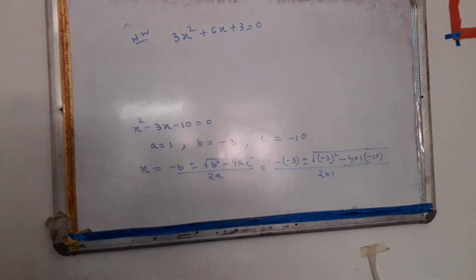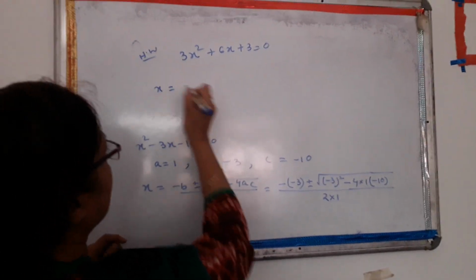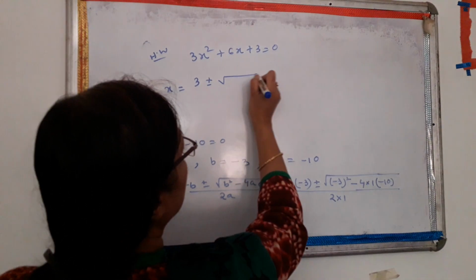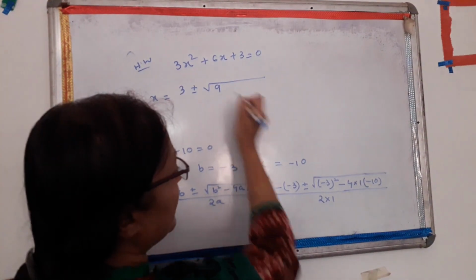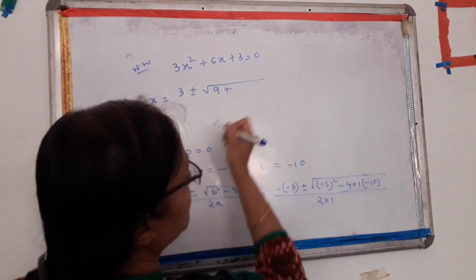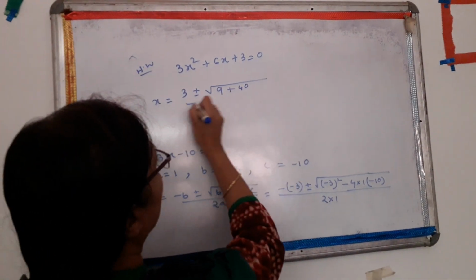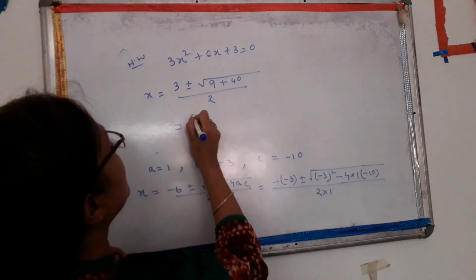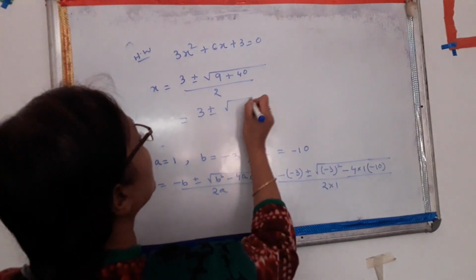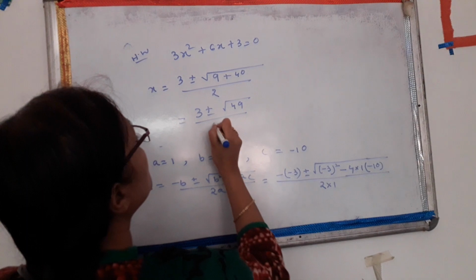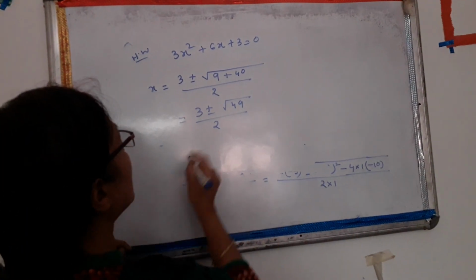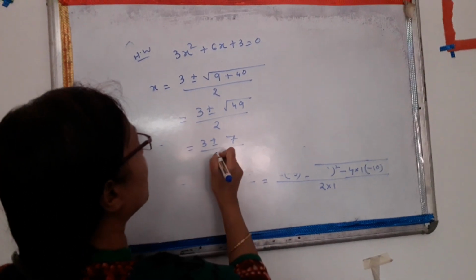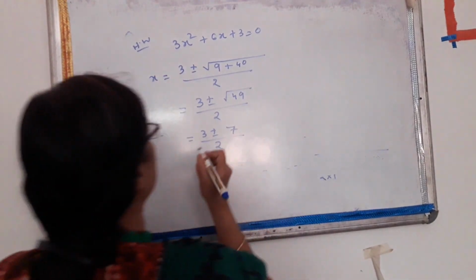Here you see, here what is x. And this one minus minus plus 3. Minus 3 square is 9, minus minus plus 10 into 4 is 40. Here you see 2. Now next step, here 3, here plus minus 49. Here 2. Again next, 49 root everyone knows, that is what? 7. 7 into 7 is 49. Now here plus minus is written.